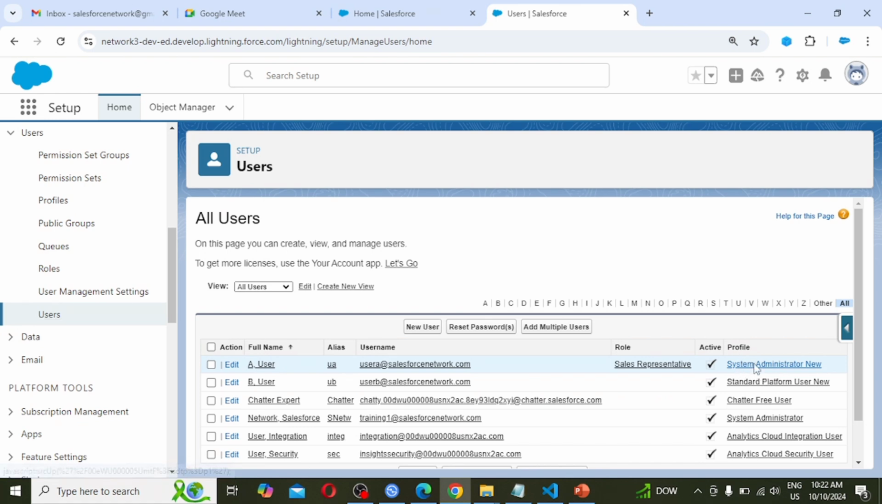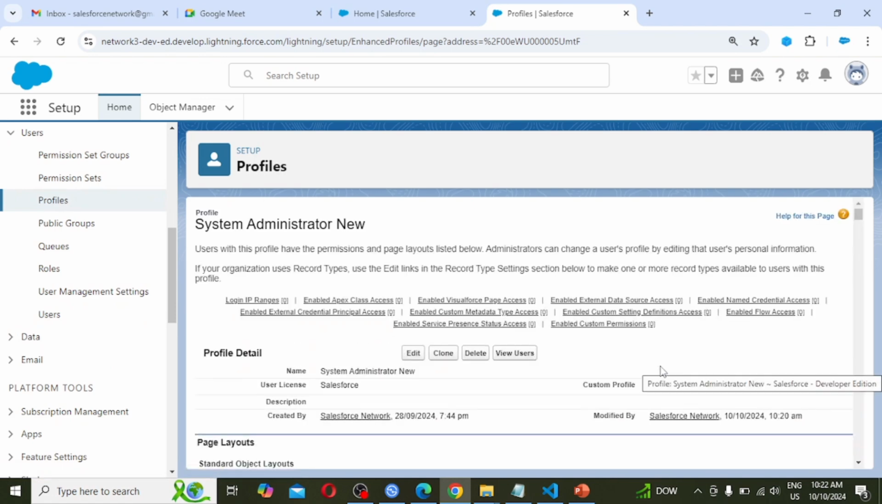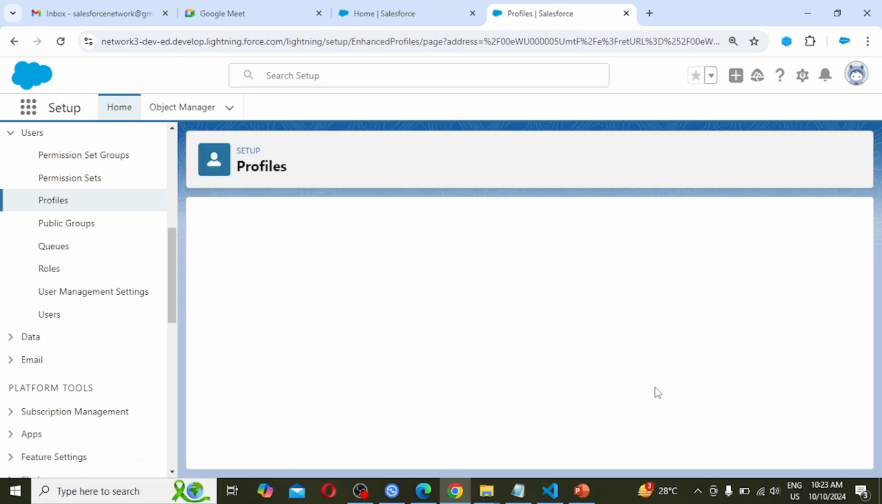So click on this profile. Also here there is a note. As many users as are using this system administrator new profile, they can't see the student object, as we are going to restrict this access. So all the users who are using this system administrator new profile can't access the student object. To restrict that particular object, we need to click on edit,